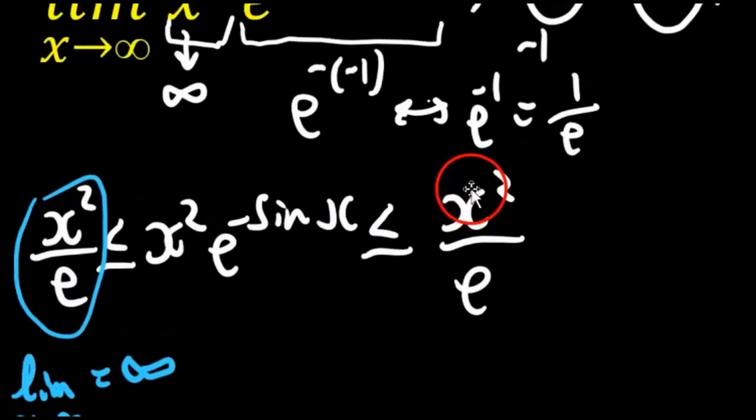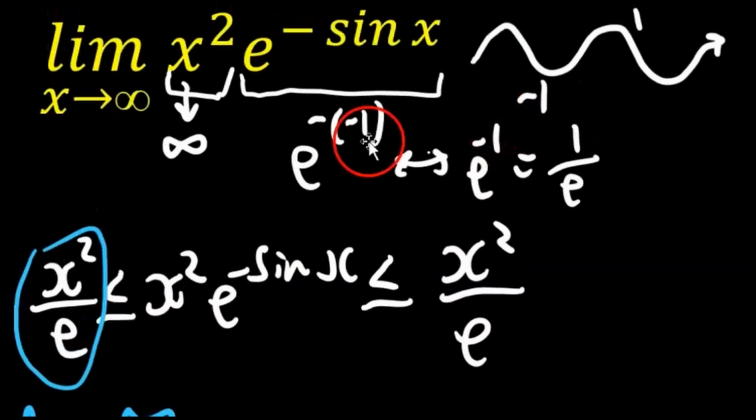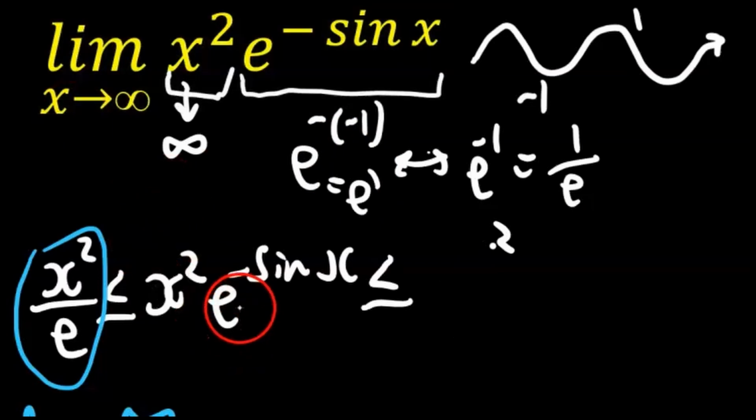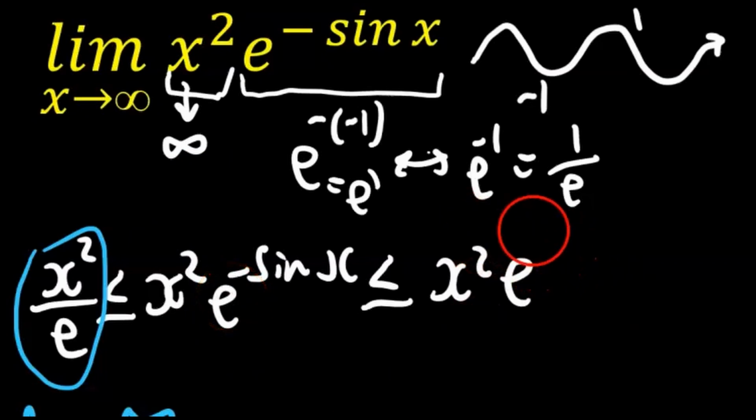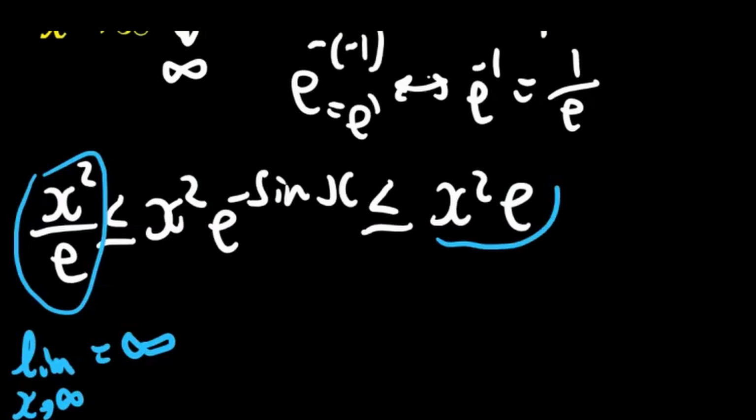Did I do something wrong? 1 over e to the, what? 1 over e. Oh, this is just e to the 1. So this is not 1 over e. This is e to the 1. This is x squared times e to the power of 1, not -1. So this is not in the denominator. The limit of this one here